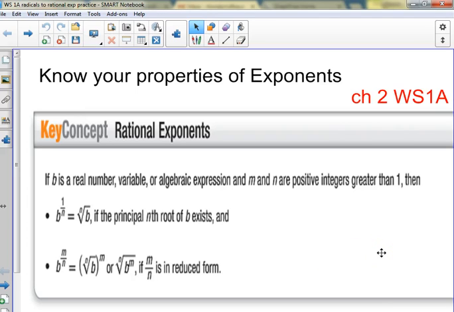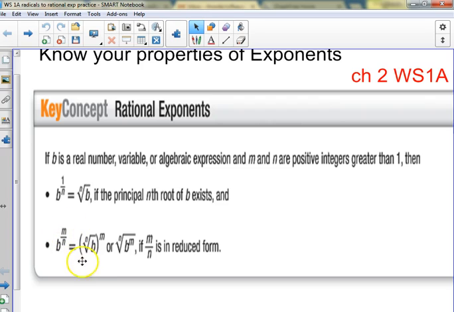All right, so this is just kind of an intro day on chapter 2. We're going to talk about rational exponents again, which is a fraction. So if you had b to the 1 over n, like 1/2, it would really mean square roots. If you had b to the 1/3, it would be cubed root. You remember this? Okay. They get a little more complicated when the denominator or the numerator is something other than